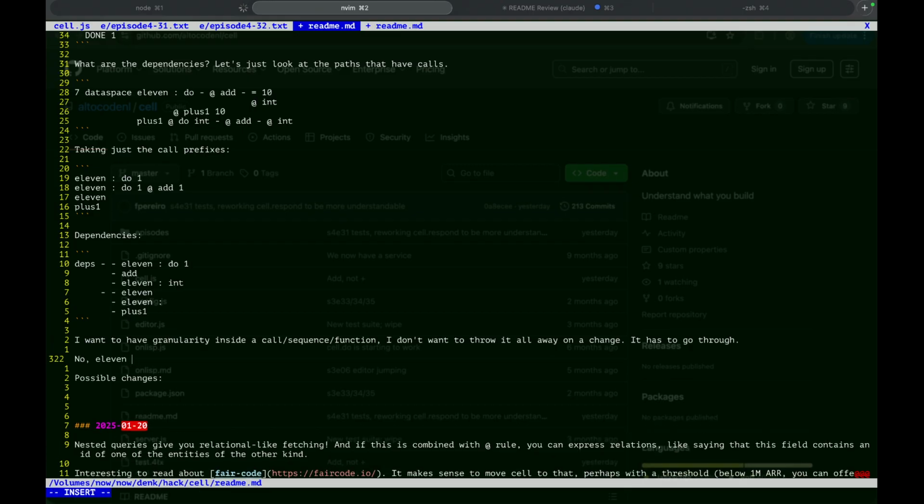No, 11 colon. 11 doesn't depend on 11 colon. It depends on what it calls. If there's a change to plus,